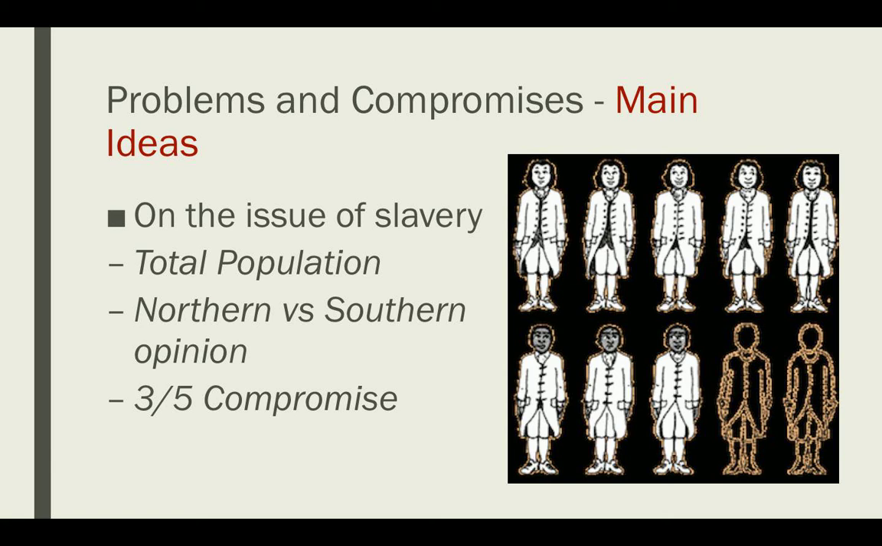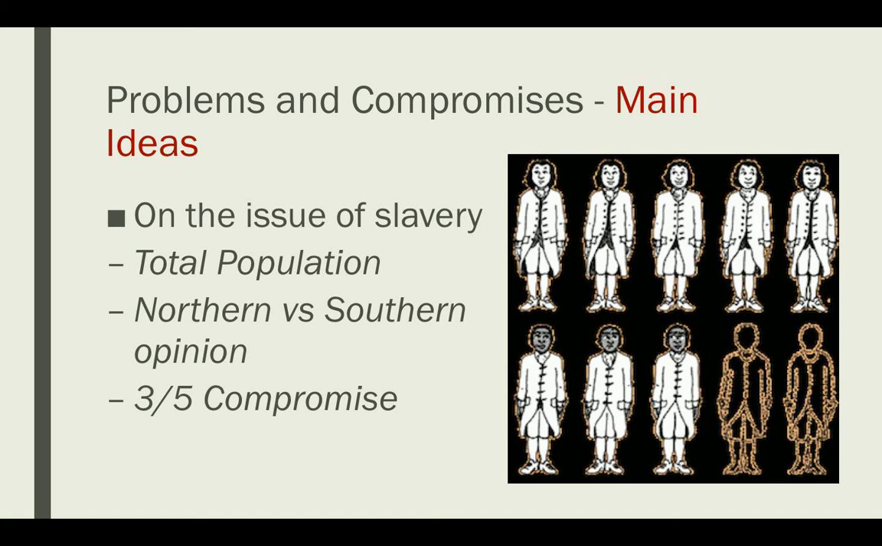So you have the Northern opinion that slaves should not count, and you have the Southern opinion that slaves should count. So the solution here is kind of meeting each in the middle, and it's known as the 3/5 compromise. Again, U.S. history, we're not coming up with crazy names here. The reason it is called the 3/5 compromise is because the compromise states that 3 out of every 5 slaves would count